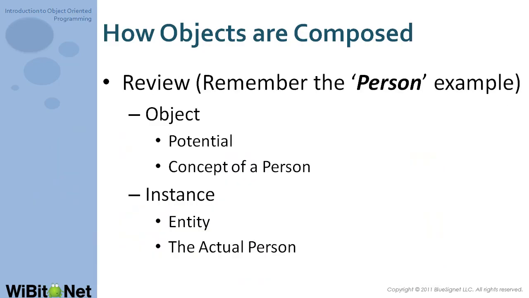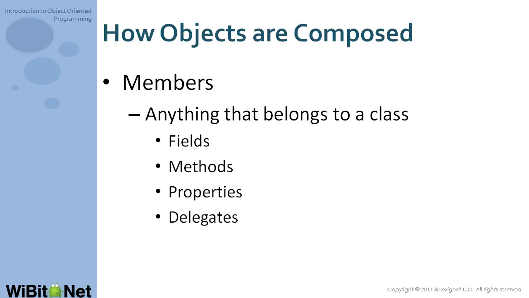Do you remember in the example we were talking about a person? Back in the introduction class, the little introduction series. So we have a person object, let's say. This is the potential of a person, the idea of a person. It's the concept. But then we can have the instance of a person, like you or me, the actual person, the entity of a person. So I am a person. I'm from the person concept. I fit the person concept. And